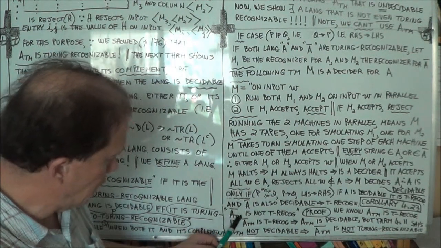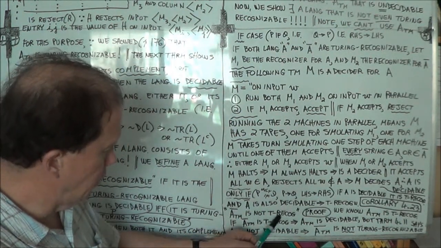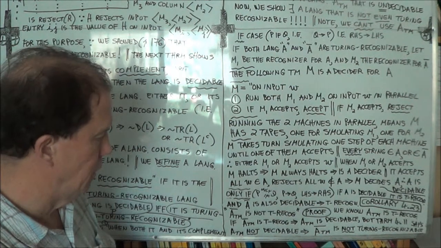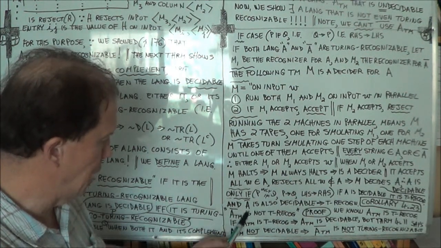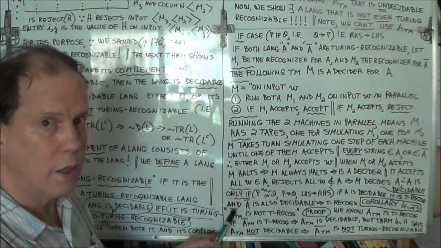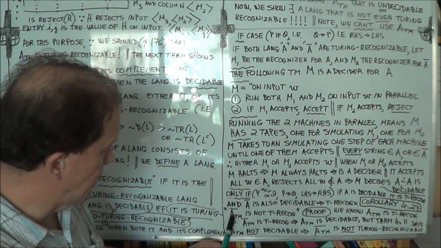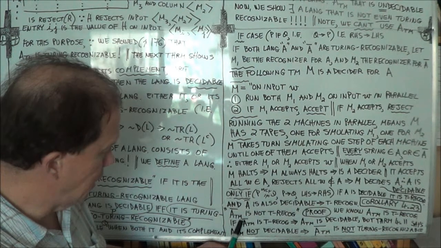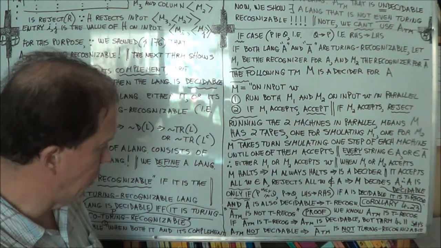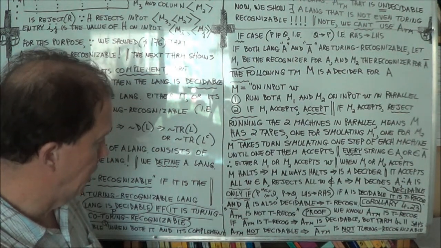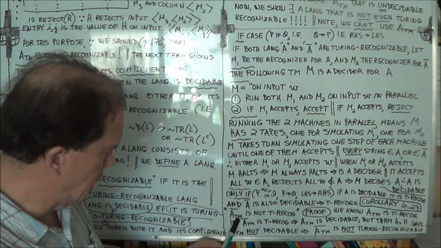The complement of ATM is not Turing recognizable. So here is the language we are looking for. Okay, ta-da! Getting close, right? So it's not ATM, because we know that that's Turing recognizable, but the complement of ATM is